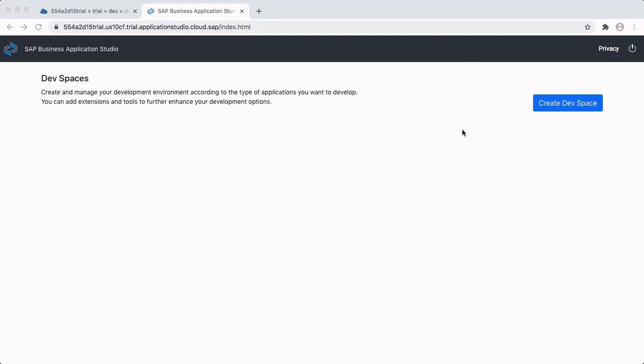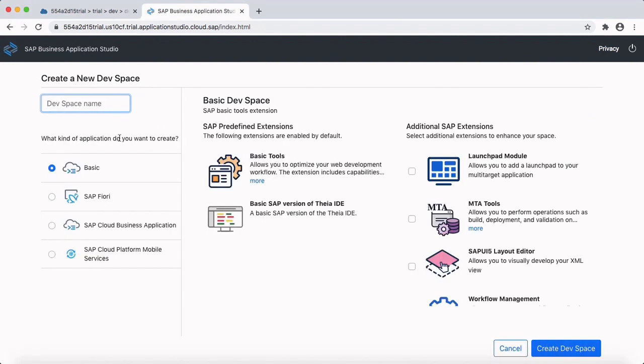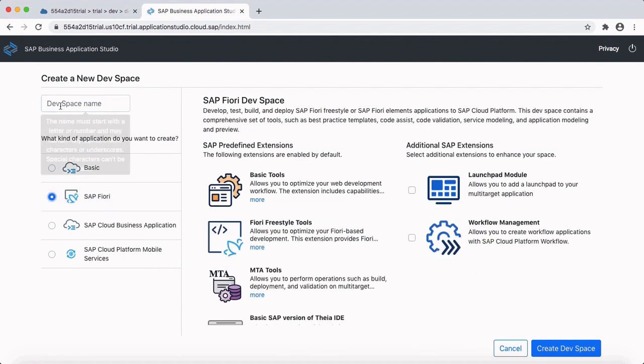I'll create a new dev space for SAP UI5 application development. I'll click on Create Dev Space. Here we have 4 different kinds of dev spaces for 4 different kinds of business scenarios. For SAP UI5 application, I'll select SAP Fiori dev space.